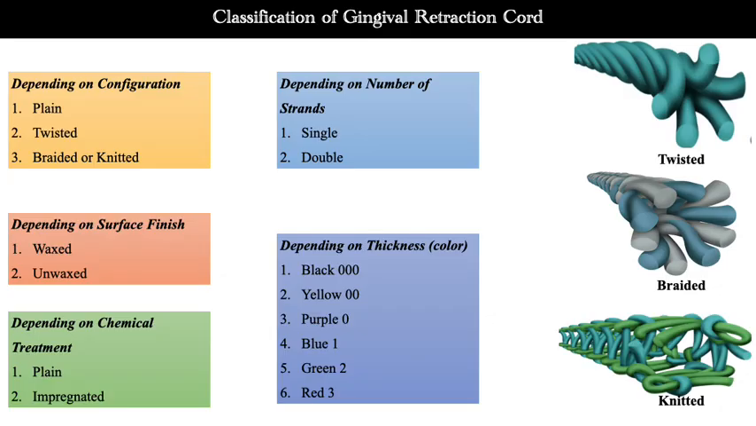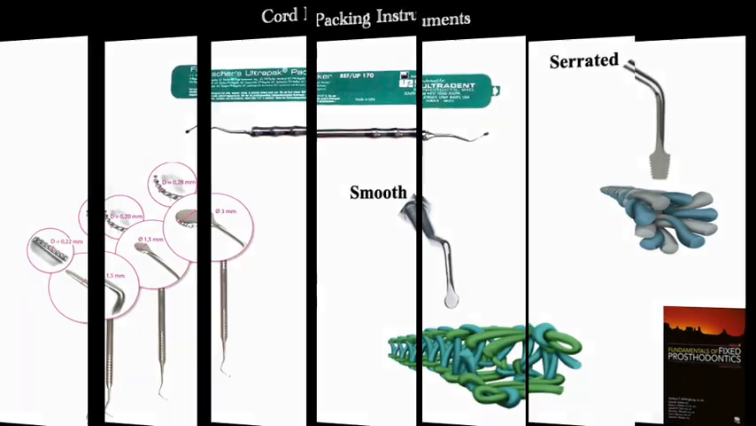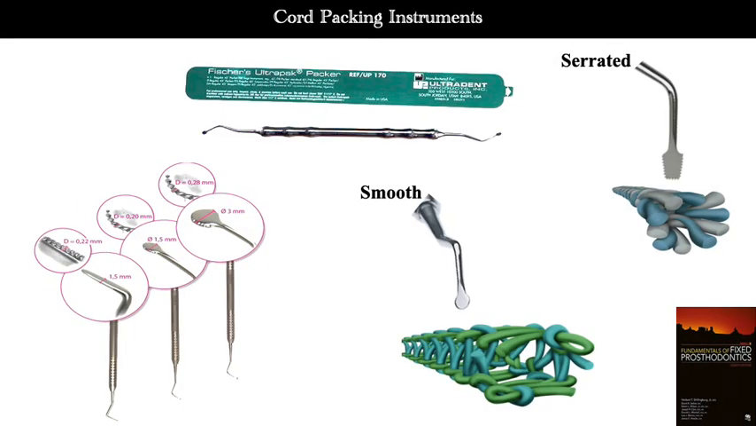Now there are many other classifications as well, given by various other authors, and if you can, you can include those as well. The other one is the cord packing instrument. The Fisher cord packer would be a gold standard, but more importantly, which cord packer goes with what kind of retraction